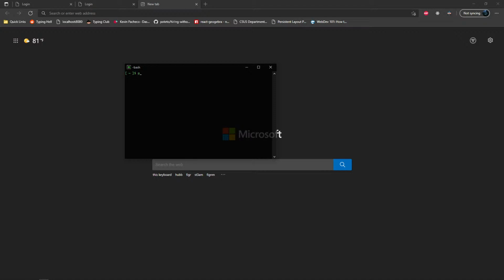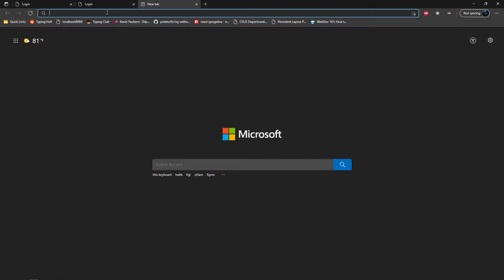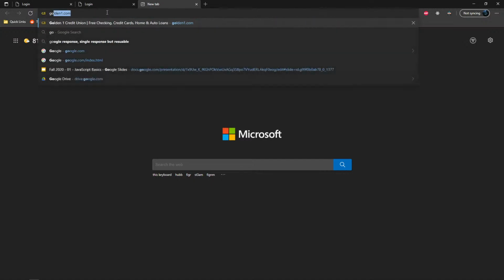So here I can say something like ping https google.com. It should pop up the IP address. May have to do the whole thing. Can I find phones? Google.com. Oh, that's weird. Okay, I can just type in here